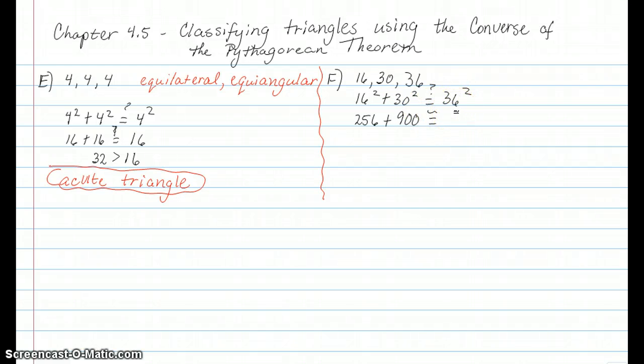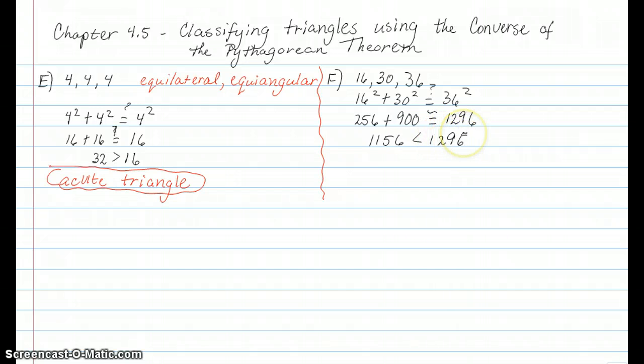Now 36 squared, 36 times 36, you're going to want to do on the calculator. That's 1,296. So we add 900 plus 256, and we get 1,156. You could have done that mentally. If this were 1,000, 1,000 and 256 would be 1,256, but since it's 100 less, we go 1,156 is less than